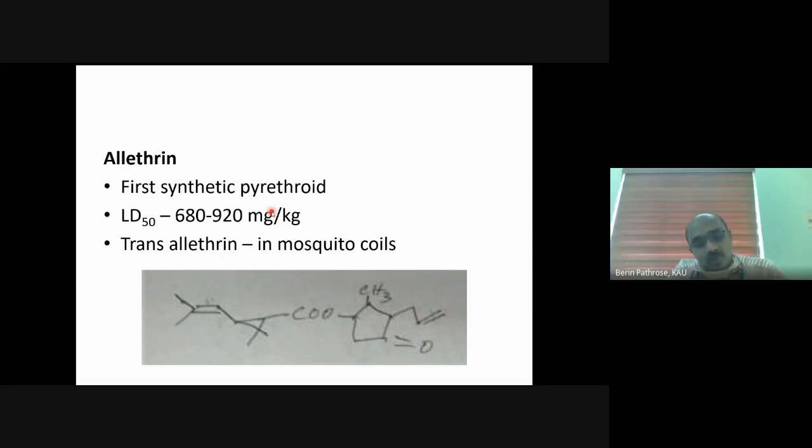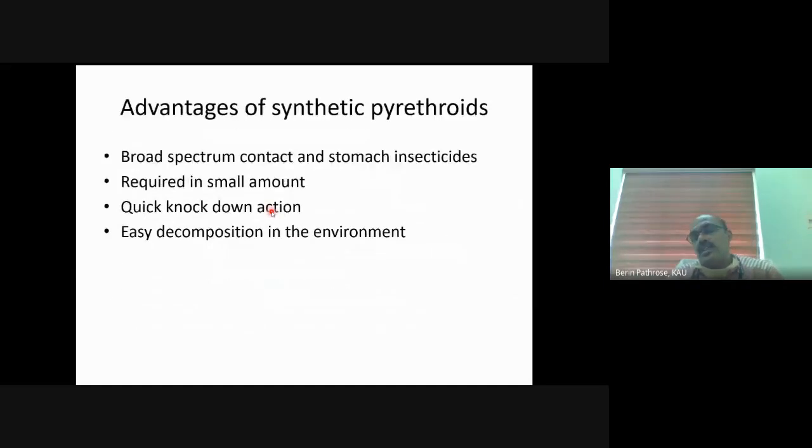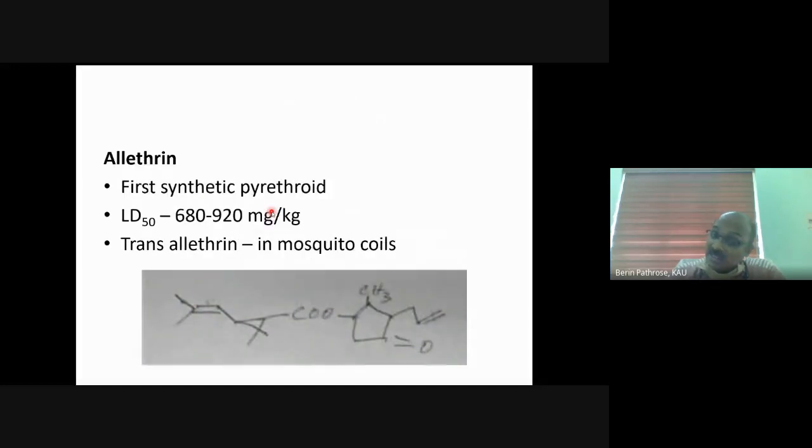Okay. So its LD50 is extremely low. All the pyrethroids, mammalian toxicity is extremely low. LD50 is low. That is one basic feature with allethrin. So I think I forgot to include it in the advantages. You can note it down. The mammalian toxicity is low compared to all other pesticide molecules. So allethrin is the first synthetic pyrethroid still used in households for public health management.